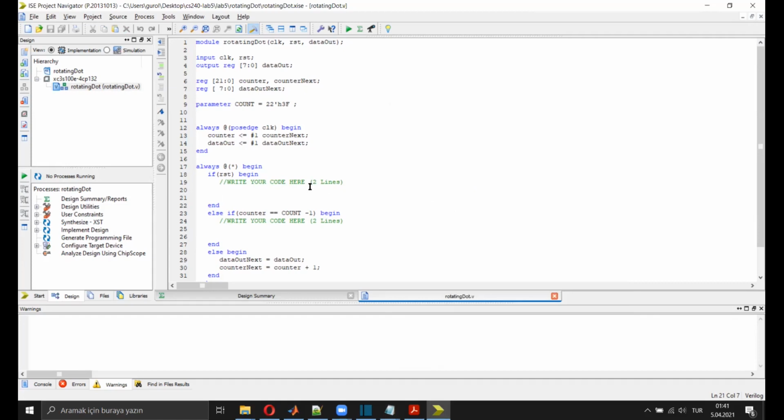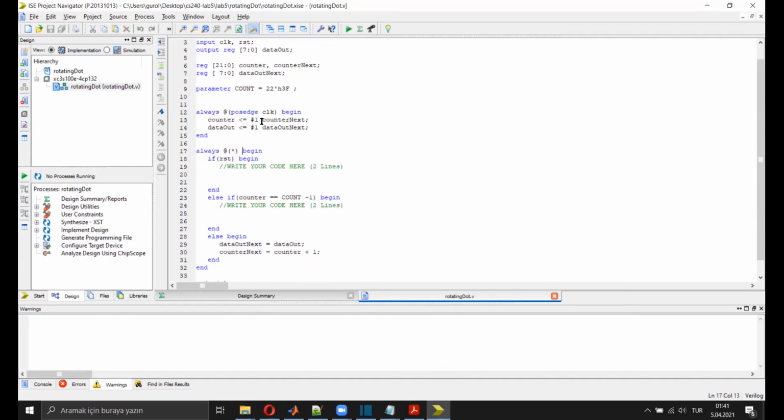If you can see the design here, we have our registers here, and what we need to do in our always at star block is assign values to these variables. You can see that we have our if here, our else if here, and our else here. And normally in most Verilog files you will see that we have a data out next,